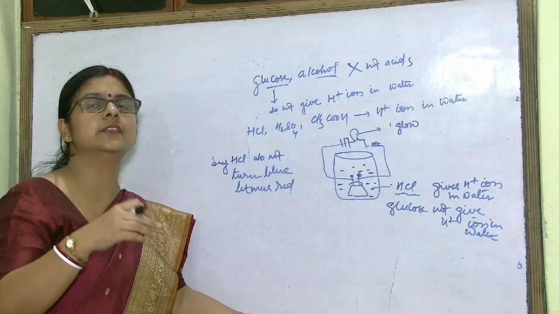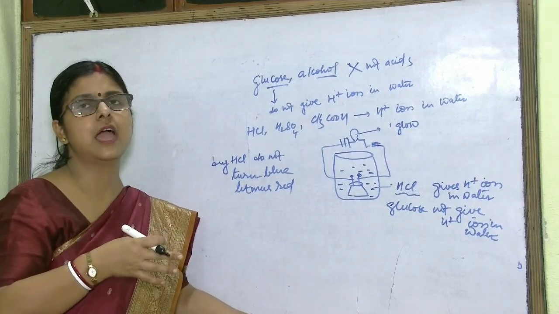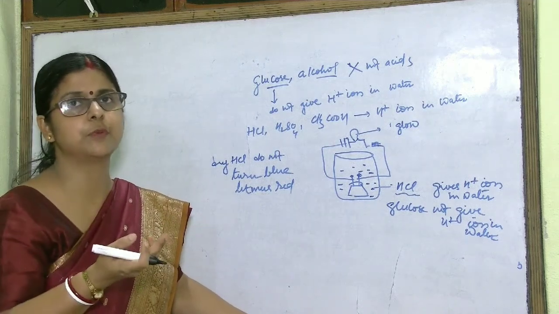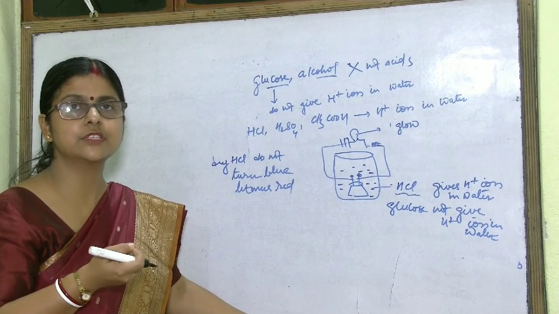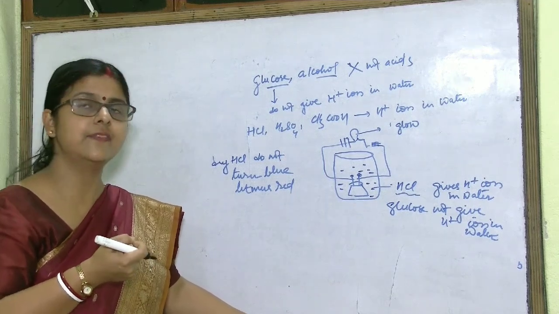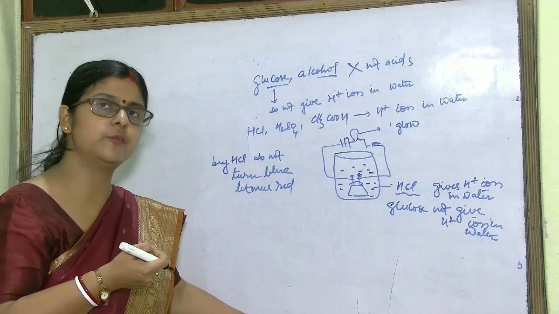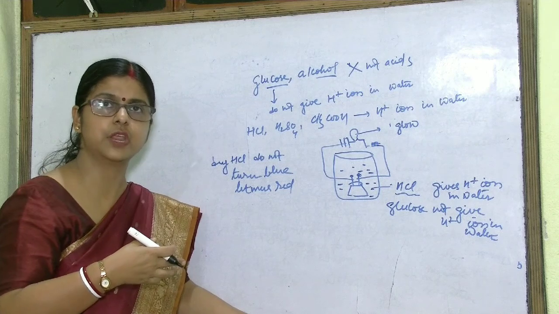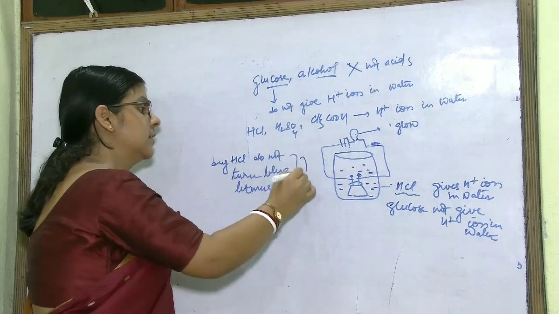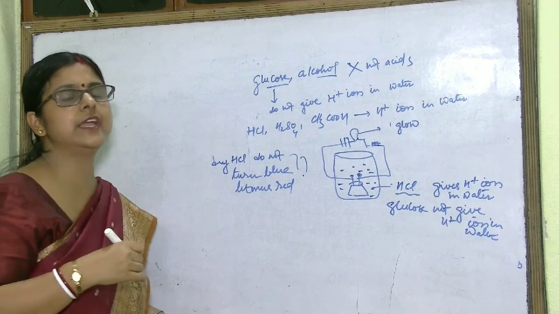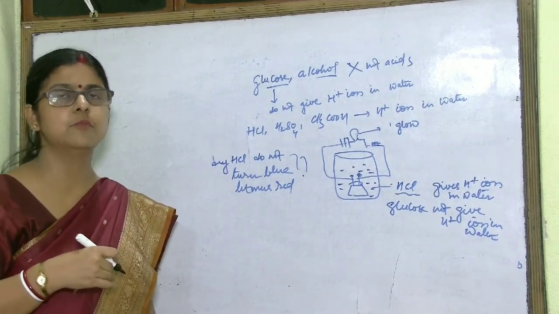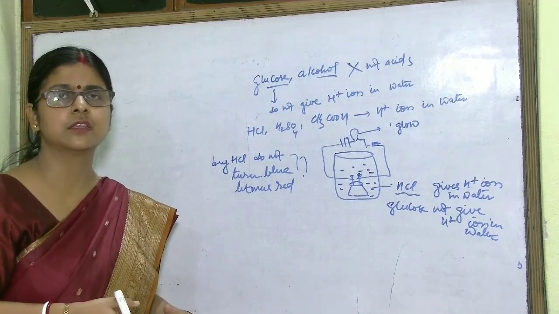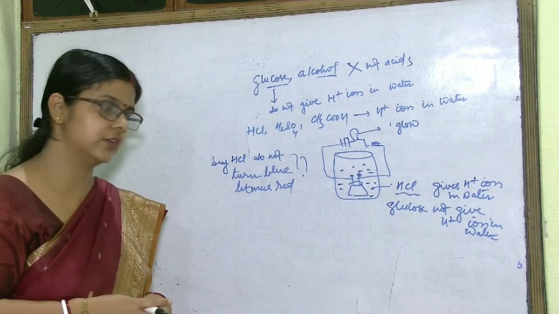in dry HCl there will be no H plus ion, and this H plus ion is responsible for conversion of blue litmus paper to red. But in aqueous solution there will be H plus ion, and this H plus ion is responsible for conversion of blue litmus paper or blue litmus solution to red. So there is another reasoning question over here. Why does dry HCl not turn blue litmus paper red? Because, simple answer, it does not have any H plus ion, so it does not turn blue litmus red.